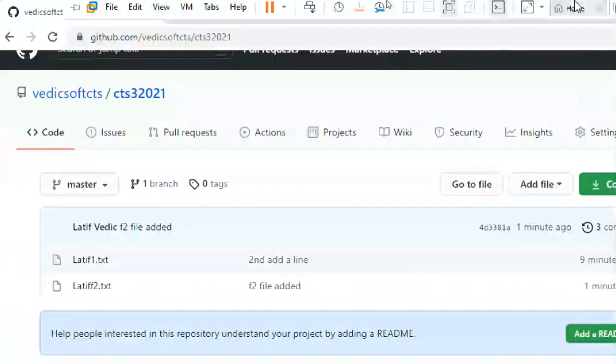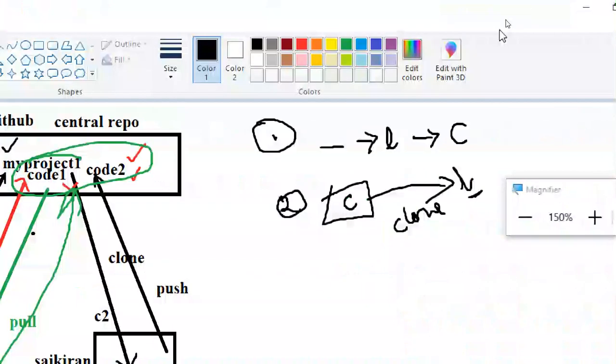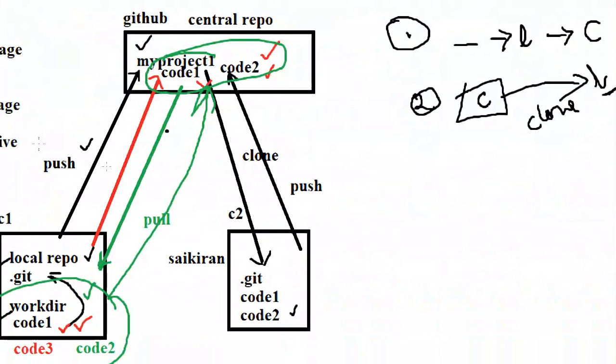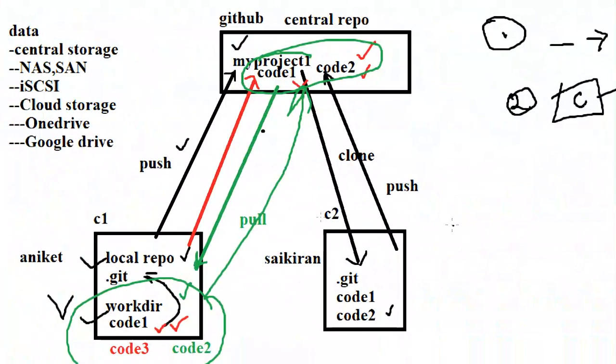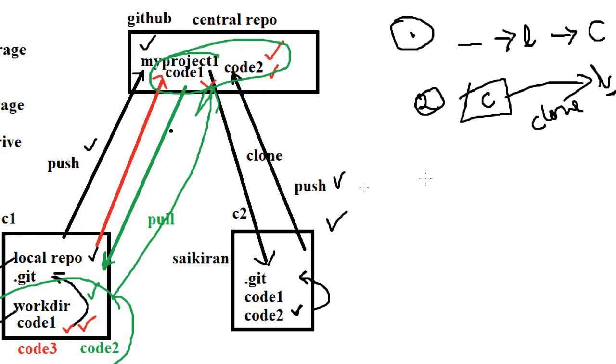So this is the second one. You must do it, guys. I will check in GitHub how many people have committed the new one. So this part: cloning it, adding the new file, git add, git commit, git push, and refresh and check whether your file is there or not. So this is the second one.